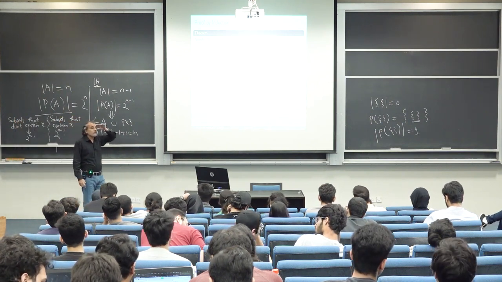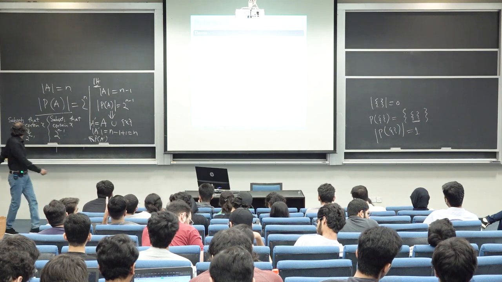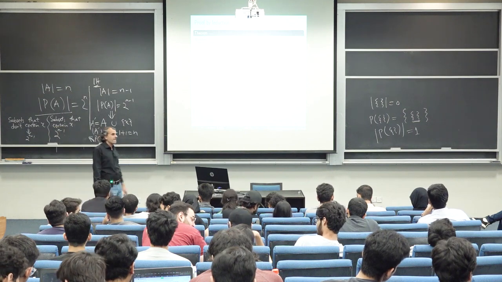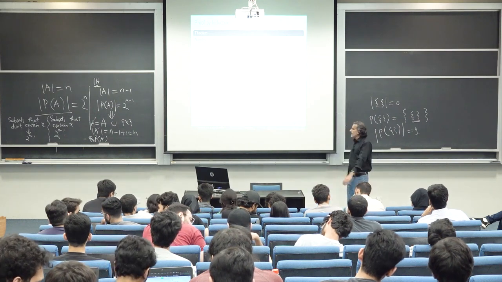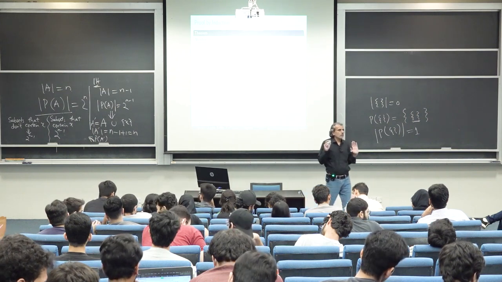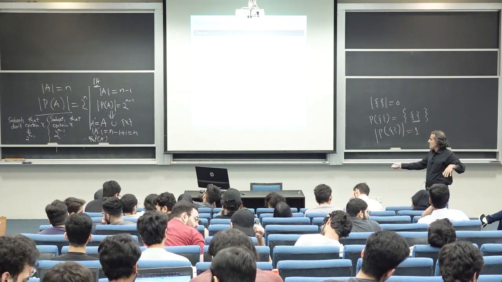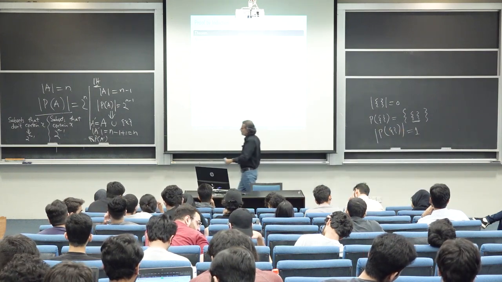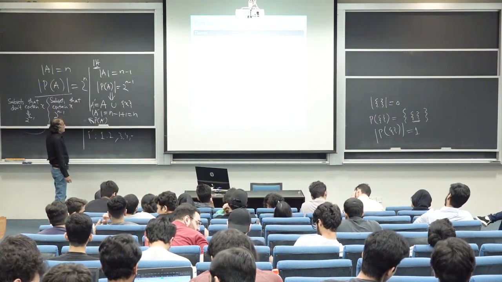So you had a question? Sir, I asked, can't I just say that since A prime contains all the sets of A and all the sets given by X, so that's 2^(n-1) and 2, why does it add them? Can you please say it again? So A prime contains all previous elements. No, A is the original set. A contains 2^(n-1) subsets, okay, and the new row contains 2^(n-1) subsets.